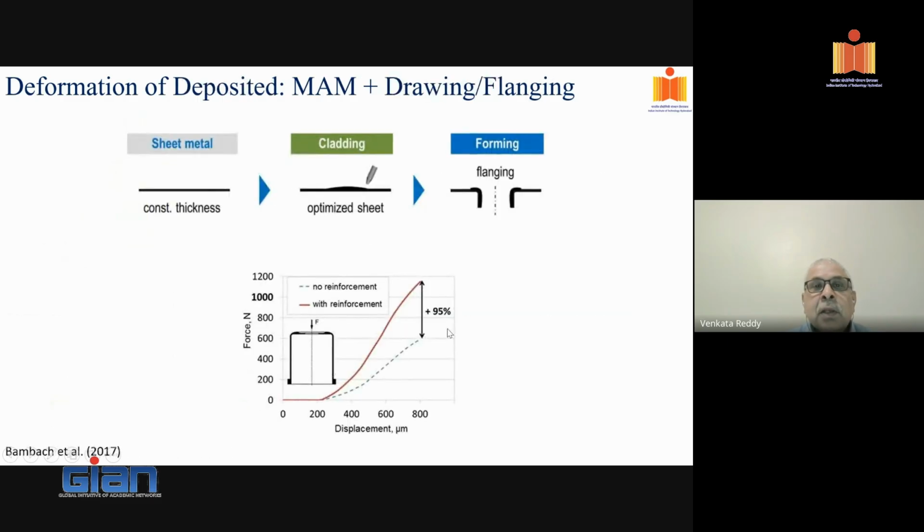Okay, now one can take a sheet metal, and let's say you can only produce a constant sheet metal thickness. Otherwise, you have to go for laser welding and all that, but there will be a gap between them, and that will become a weaker point. Let's say in the flanging operation, you need a thicker section here. Now, let's say you deposit material on top of that, and deposit the material on top of that, and